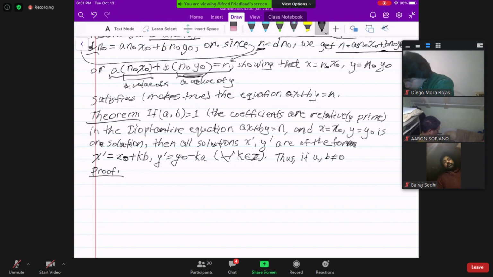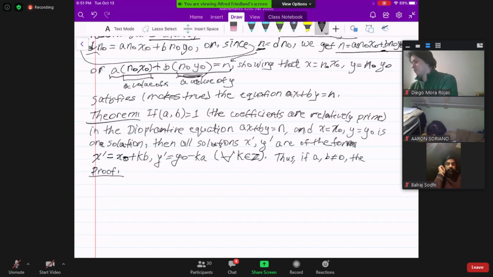again, if one of them, say b, is 0, then this Diophantine equation ax plus by equals n, if it has a solution, if b is 0, that's out, so you just have ax equals n, and the greatest common divisor of a and b, well, any number divides 0, so the greatest common divisor of a and 0 would be a itself, so a divides n, and you get a solution. So yeah, it's trivial, as I said before, if b equals 0. So suppose a and b are not equal to 0,